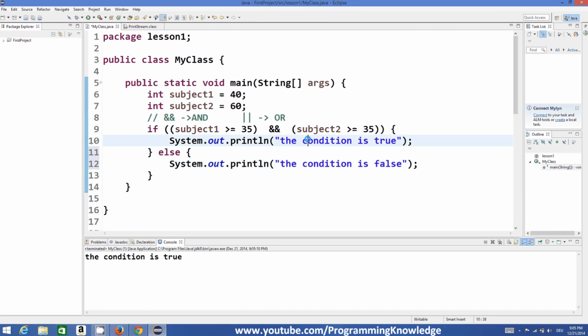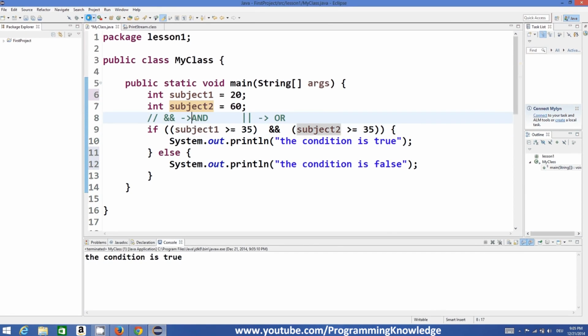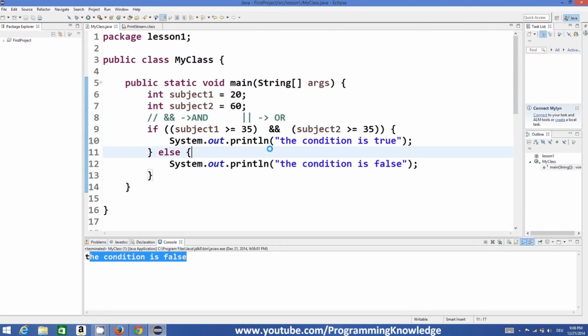So for example, I will change the value of subject 1 to 20. Now the subject 1 value is not greater than 35, but the second condition is true. The subject 2 value, which is 60, is greater than 35. So only one condition is true in this case and the other is not. Let's run the program, and it says the condition is false. So the AND operator evaluates all the conditions